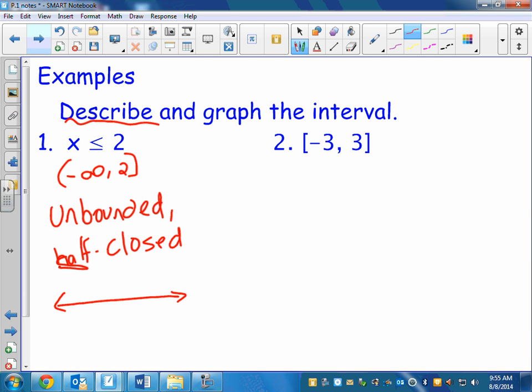So on these, if you look this up in the back of the book, this is in the book. I don't care how many numbers you do this. I don't know how other teachers have done this. When I do this, I usually put 2 right there because that's the number I need, and I don't put anything else. Maybe that's because I'm lazy. But I don't care how many numbers you put there as long as 2's on there. If it's less than or equal to 2, I know that means 2's included. So to do that, we put a bracket